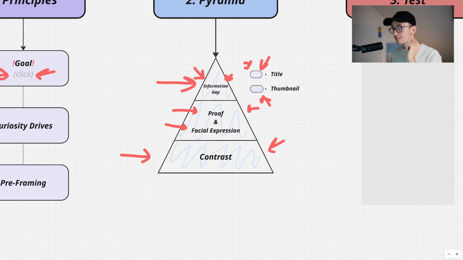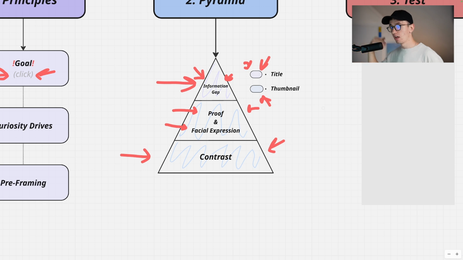Think about that. Secondly, when it comes to proof and facial expression, how I like to do this is search for the video topic. Maybe it's about getting click-through rates on YouTube. Then I'm going to be like, how can I prove that in my thumbnail? Well, I'm going to put some kind of snippet from a YouTube thumbnail or something like that, which has really